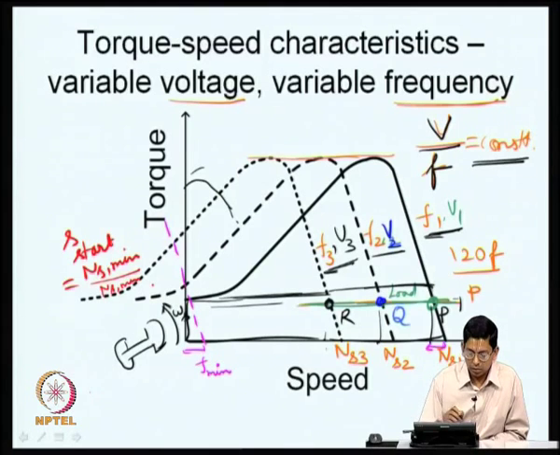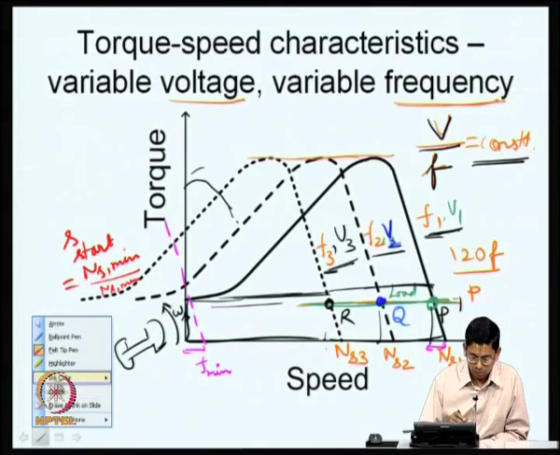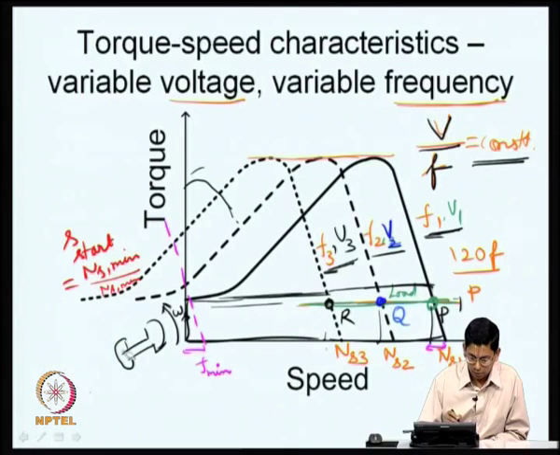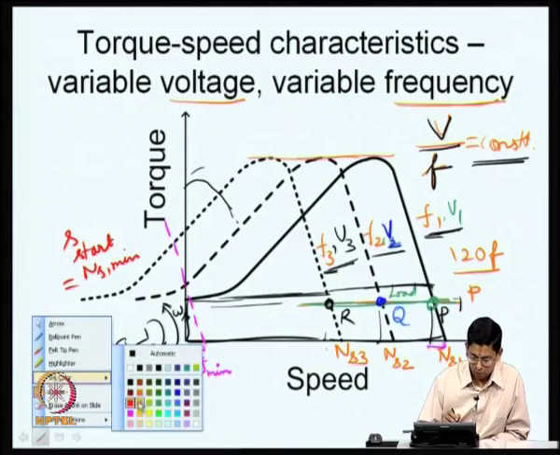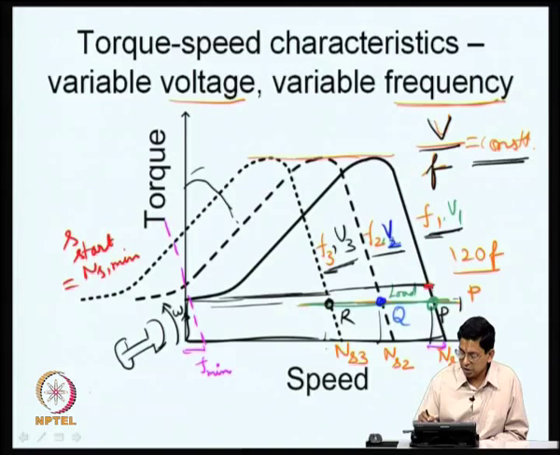So, here the slip as such is high. If you look at the slip frequency here, the difference is, so you look at this, let us say this is the rated operating condition, and this is your synchronous speed now. So, this is the difference between what you would call the rotor speed and the synchronous speed.